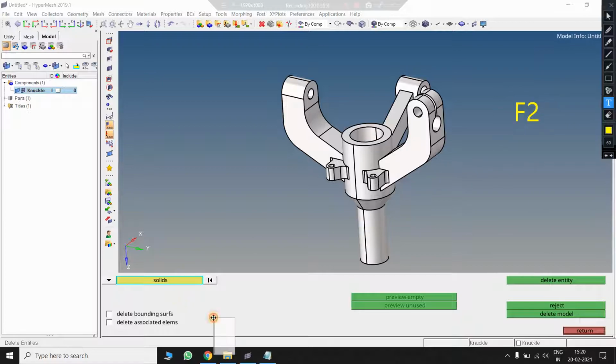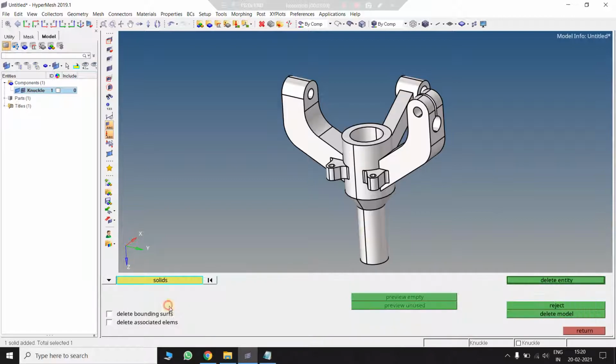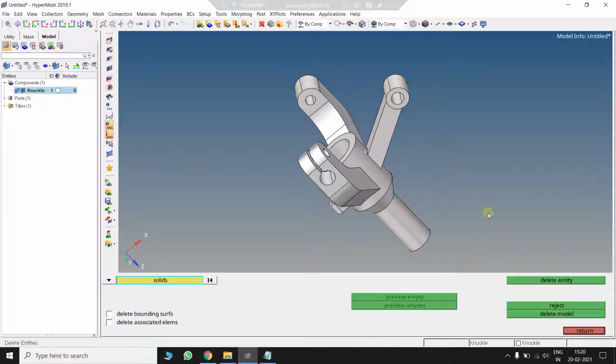F2 is the button to go to the delete option. Now select solids, all, and press delete. All the solids have been deleted. Now press escape.